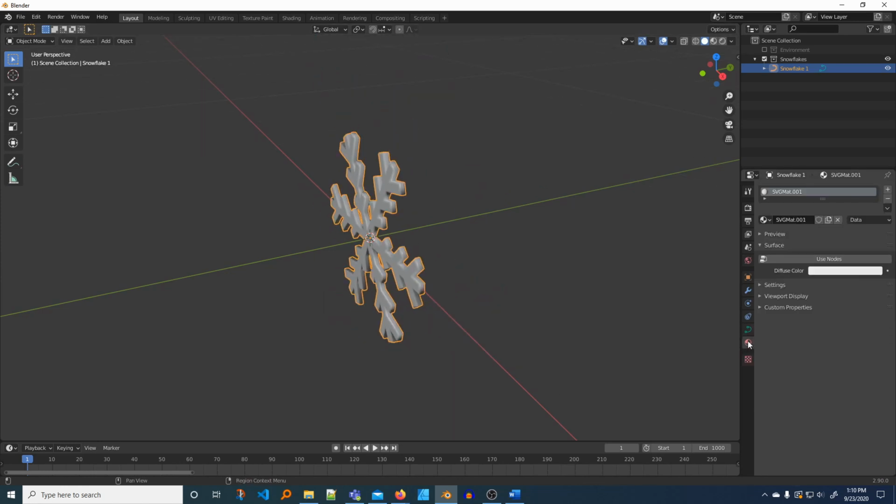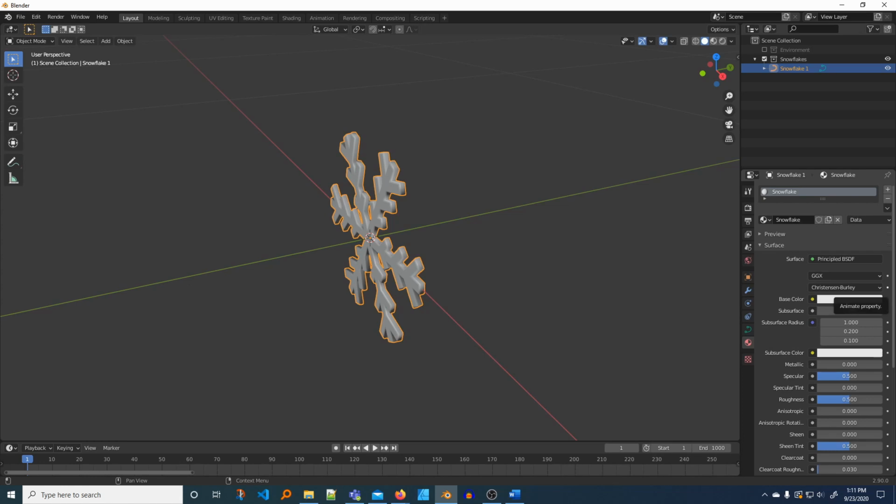We're going to go to Material. And the first thing we're going to do is name this material Snowflake, because we'll use it for the others as they come in. And we're going to do a simple coloring to that. The base color is perfect, so we're going to give it a metallic of 0.055, a specular of 0.664